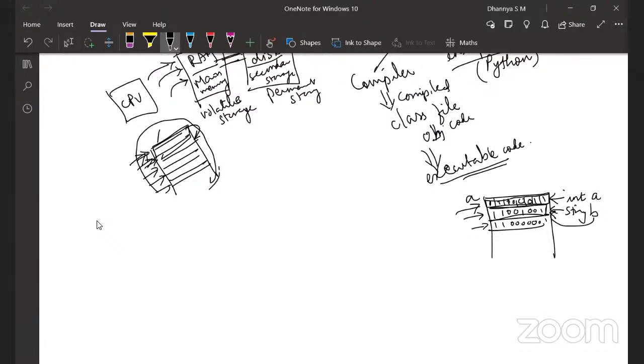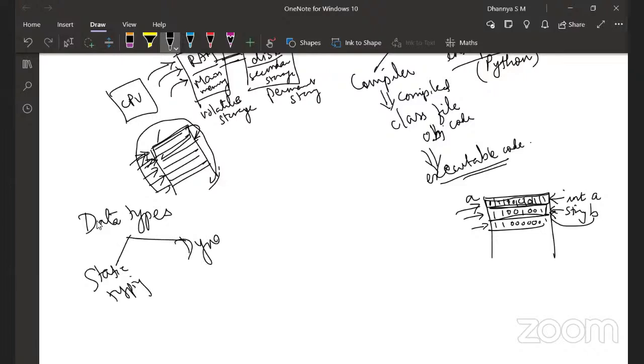From the programming perspective, of course, it is required. You know the specifics, right? We need data types because we want to know what kind of values can go into a variable. Static typing, dynamic typing, all those things we will come to. But for now, we can derive a logical meaning out of the sequence of bits if we attach a type to the variable which represents that memory. That is what is meant by the data type. Now there is something called static typing and dynamic typing.